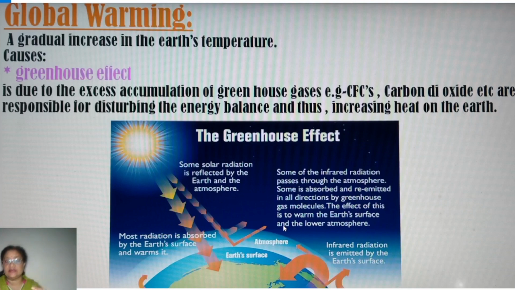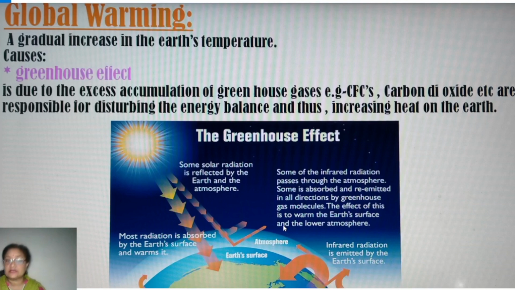When this layer gets depleted, or you can say when this layer starts getting thin at several places, it has been noticed that it is getting thinner, and wherever it gets very thin, that is called an ozone hole. Now, what is ozone? Why is it so important to discuss it? Because through these ozone holes, the ultraviolet radiations are able to reach the Earth's surface, and thus cause several diseases to develop.